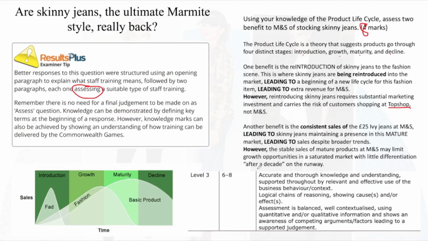And here's the level 3 criteria. Obviously there's only 3 levels in the 8 markers, not 4, so we're not aiming for perfection, but we are aiming for level 3 in this case. But I think that this is probably full marks. It's accurate, it's in context, there are 3 chains of argument, we don't need 4. It is balanced because I've remembered the howevers, everything's contextualized, I've used the numbers, and remember, as it says, we do not need a final judgment because